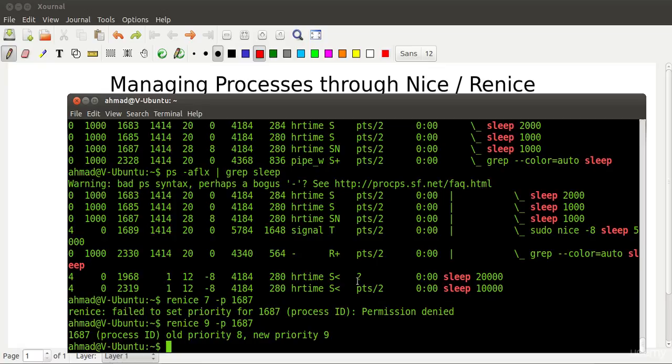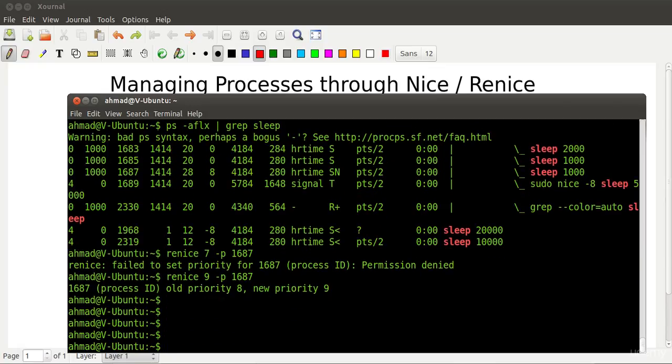So that's all there is to it as far as managing process priorities through the nice and renice commands. Sometimes these are really handy if you want to execute a program, or the program is already running and is hogging all the resources of your machine, and you want to set its priority low, then you can use these commands, nice